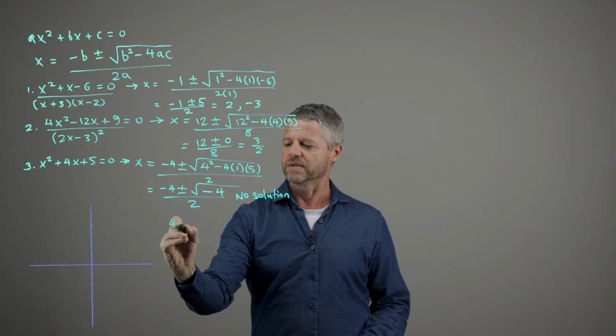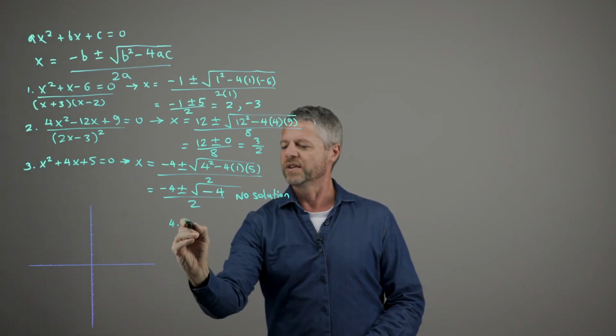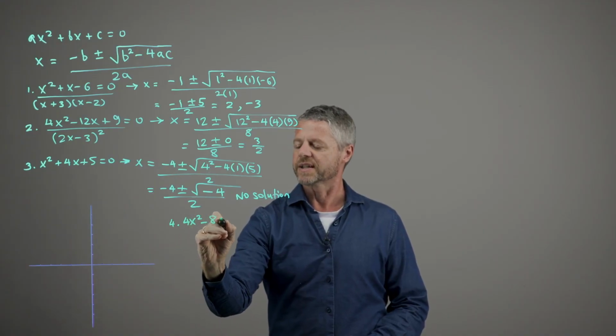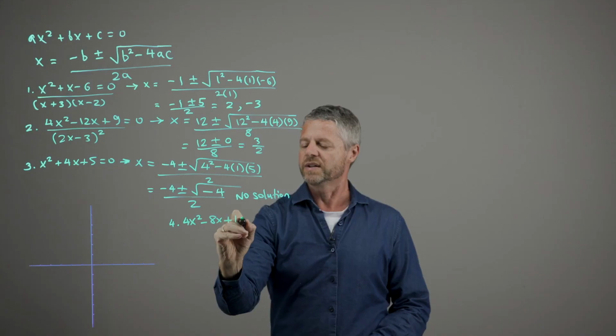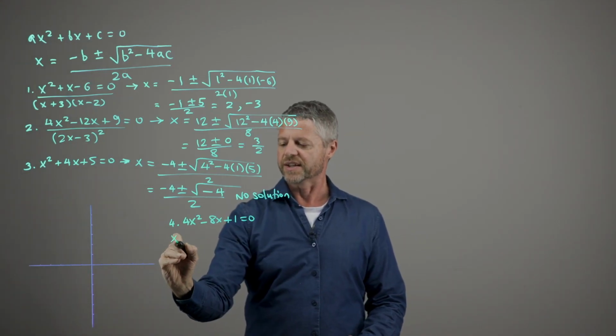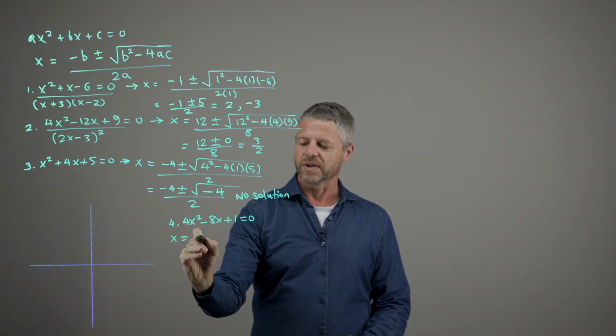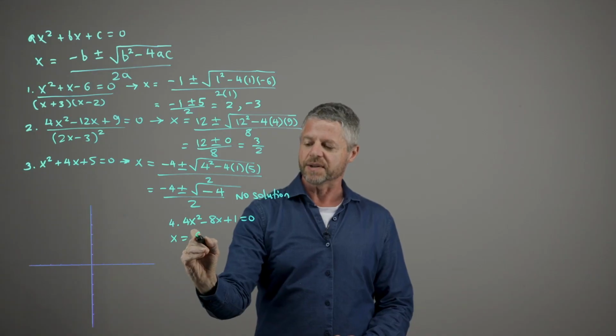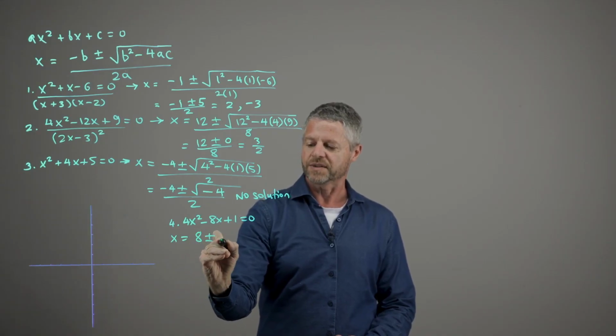So this is going to be example number 4. So we're going to do 4x squared minus 8x plus 1 equals 0. So using the quadratic formula, we start with minus b. So b is minus 8, so minus 8 becomes plus 8, plus or minus